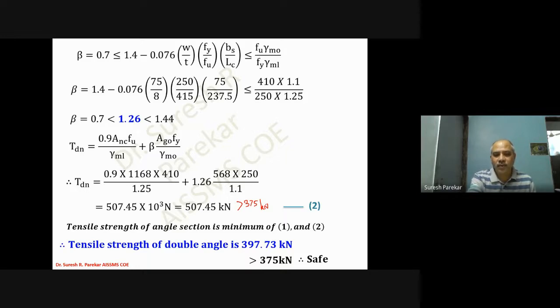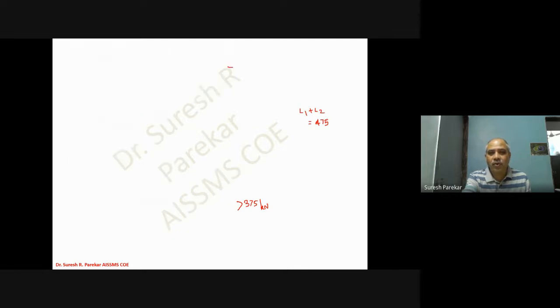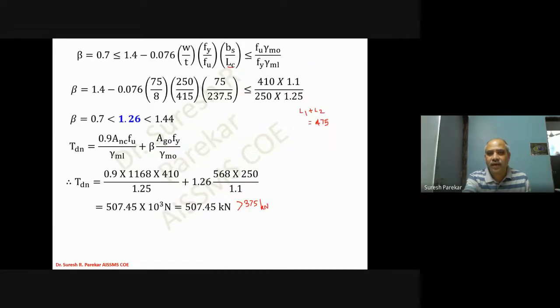So we have to go with the problems of welded connection in this fashion. So go only for two: yielding of gross section and rupture at critical section. Now in some books, this Lc is given as L1 plus L2, and that will be 475. In some books, it is shown that you have to take the total length. We have calculated 471.49, but in some books they have taken the value of Lc as 475. In some cases, a larger value, L1 of 310, is given.